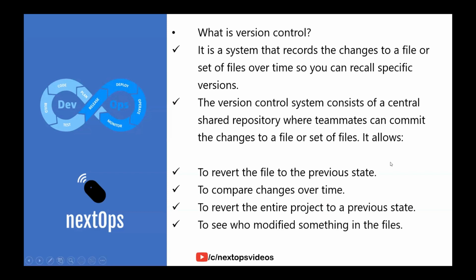Git also provides a comparison mechanism where the latest commit and previous commits can be compared. It will also show us the differences between both of the files: what new code has been added in the latest commit, and what is missing from the previous commit. So we can understand by looking at the code files from the previous commit and the latest commit, and try to resolve the issue very easily.